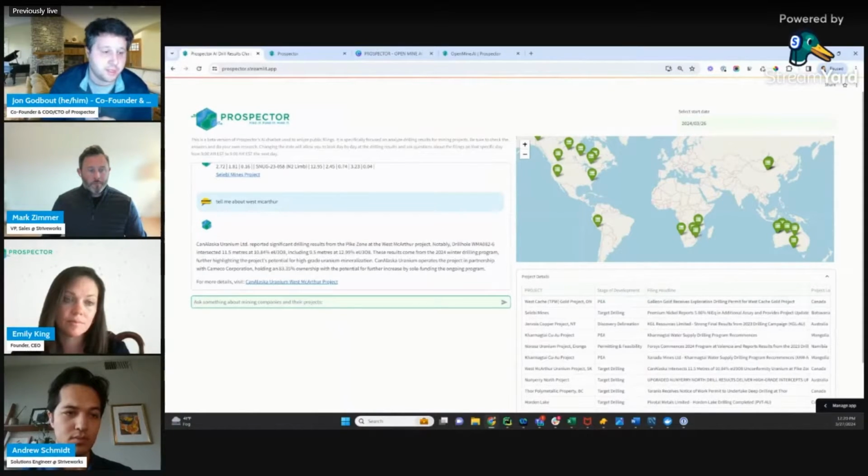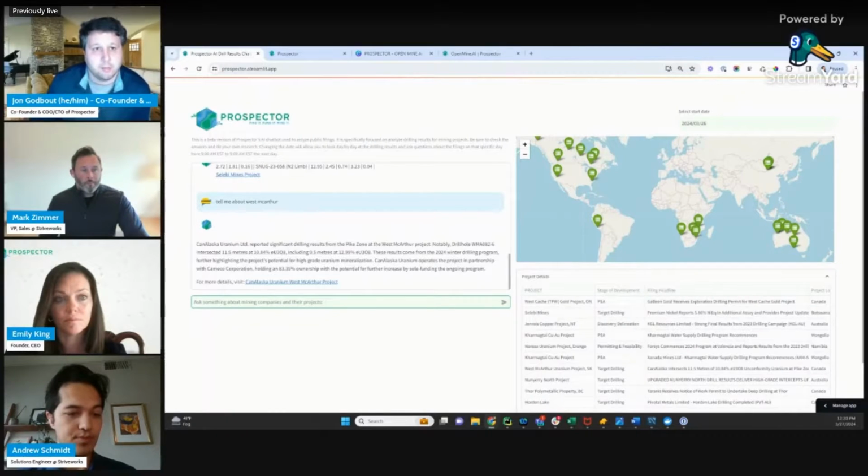But it is one of those things that part of OpenMine.AI is to make this available not only to sit on top of the public disclosure data we have, but also to go through your own data if you like, right? So you can host it on your own infrastructure, and you can use it to analyze things and use it as part of your own workflows inside your company itself.